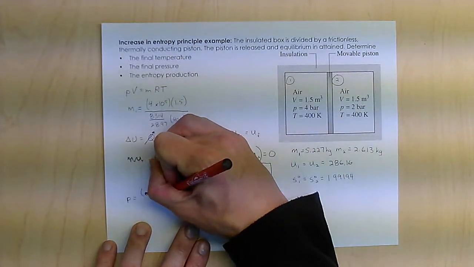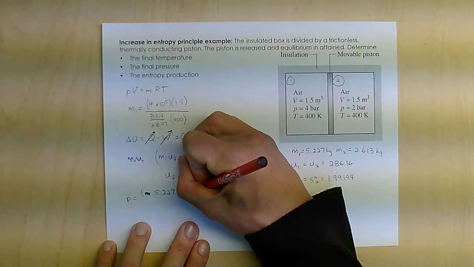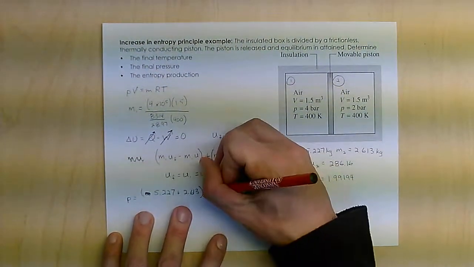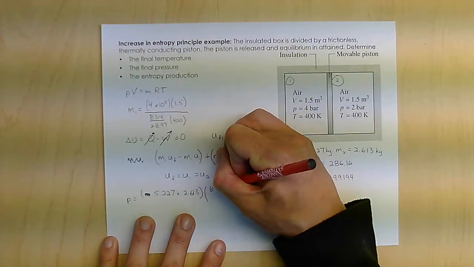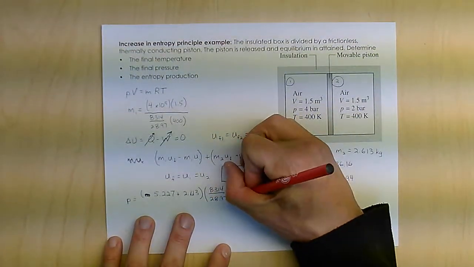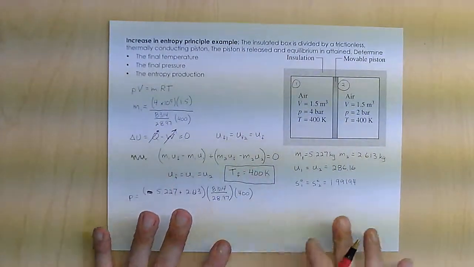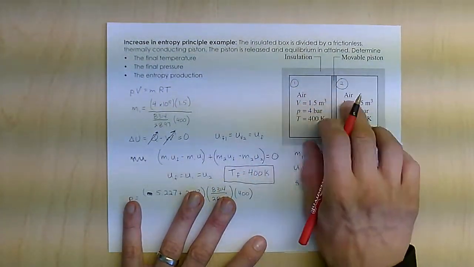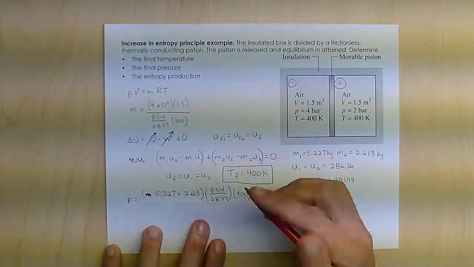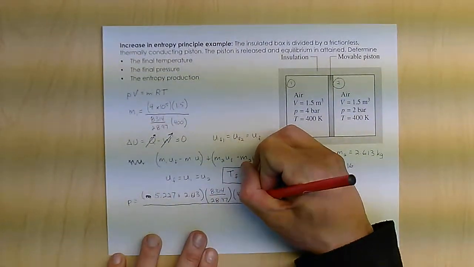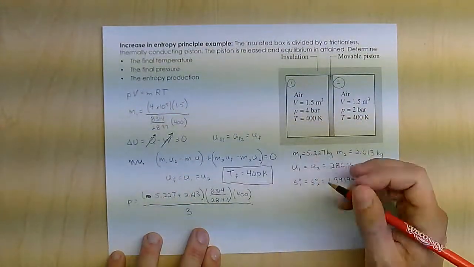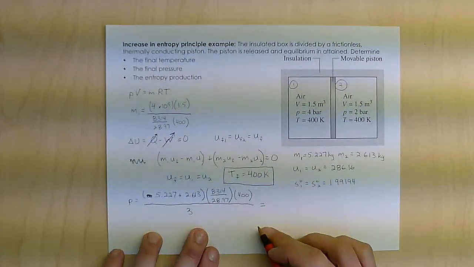m1, which was 5.227 plus 2.613. Again, that's the total mass, times R, which again is 8314 divided by 28.97, times the final temperature, which is 400. Because when they reach equilibrium, the pressures are going to be the same on either side. All the properties are going to be the same. So the total pressure is going to be the total mass at its temperature and volume, and the total volume then is 3, because that's the total volume,